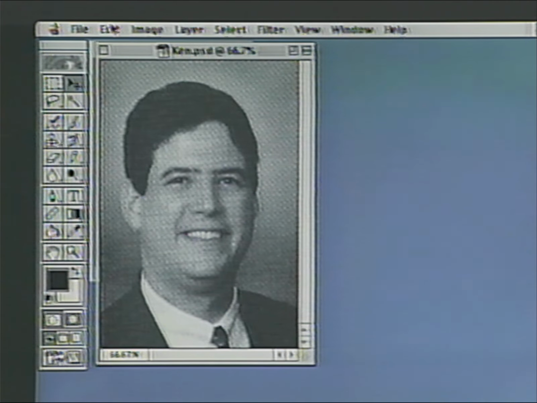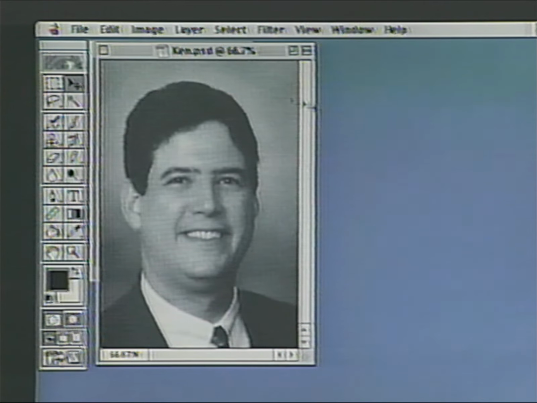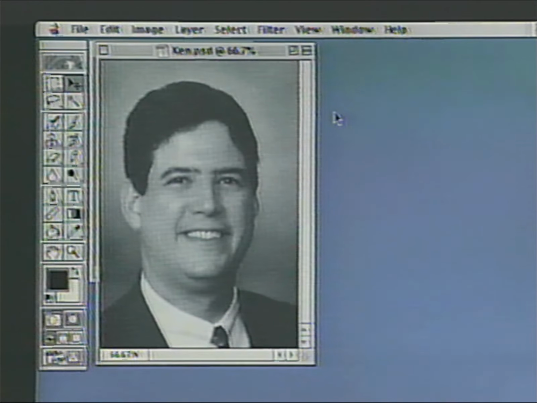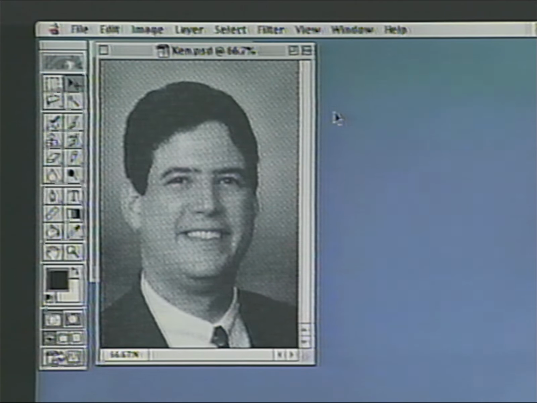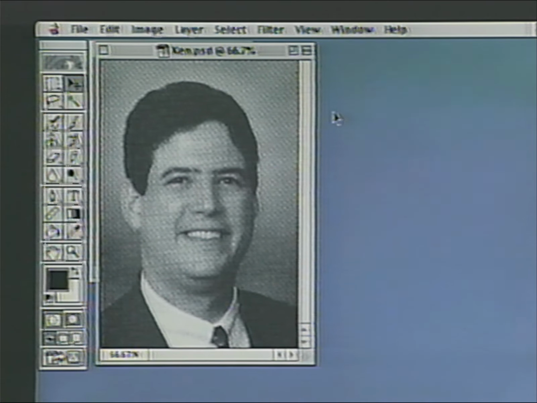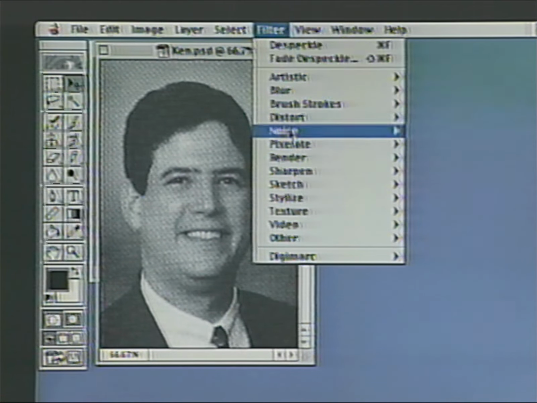Here's before and after. I'll use the keyboard shortcuts, you can see a little better. Before and after. It pretty much eliminates that. It eliminates it by adding a slight bit of blur to the image. Now, am I concerned that I'm adding a blur to the image? Well, just a little bit. I'm not worried about it because I'm going to go sharpen this image later in this process. But right now, if I have a choice between this or removing that pattern and getting a slightly blurry this, I'll take that second choice every time. So the first line of defense against a moire pattern is go under the filter menu, under Noise, and choose